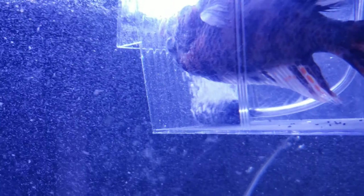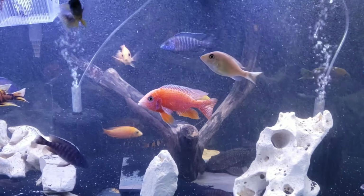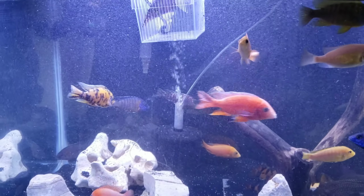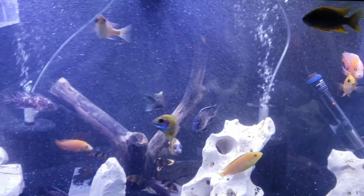So now that the tank is filled back up, he's still kind of floating in there. His mouth was still moving last time I checked, but I don't think that this is going to be a good outcome. I kind of don't think that he's going to revive. So, geez, maybe it's the perfect time to look into another species of fish. I want to go into